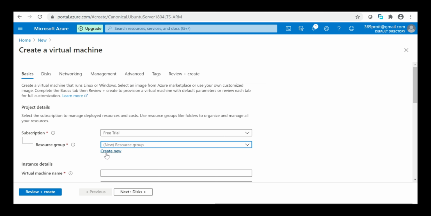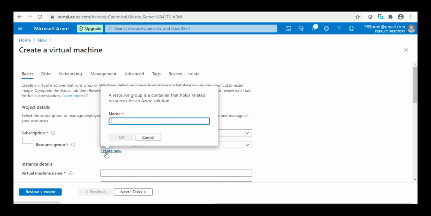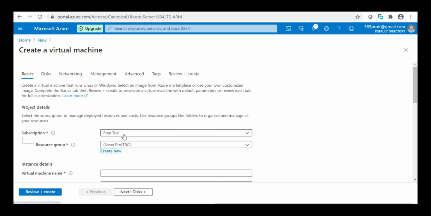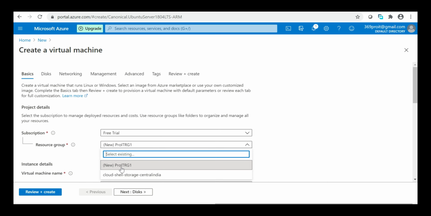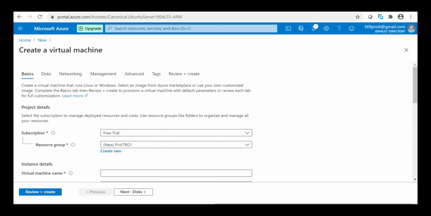Before that, let me create a resource group, and since this is my first resource group, I'll name it ProIT RG. RG is short for resource group, and then 1. All right. As you can see, we have got the resource group, and we can see out here a new resource group is created. Okay, great. And we are going to create the virtual machine in this